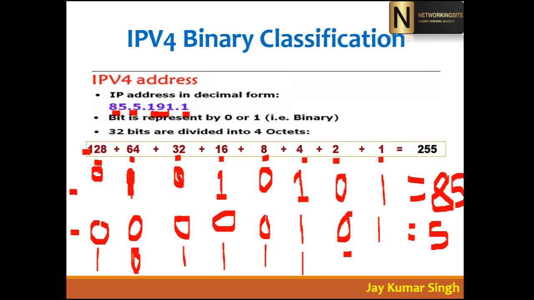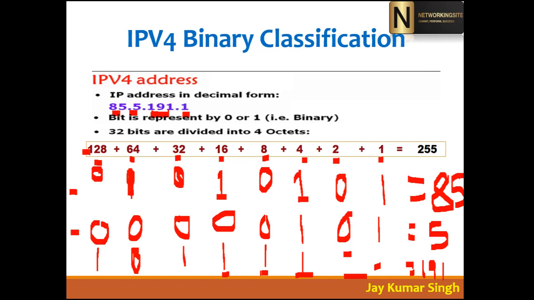Then no problem, we will be taking 32, then it is 160. Then plus 16, then it's 176. Then plus 8, then it is 184. Then plus 4, then it is 188. Then again plus 2, it is 190, plus 1, then it is 191. Except 64, if you are calculating all together, then it is 191. So it is very simple. Whenever you want to calculate, you can calculate it very easily.